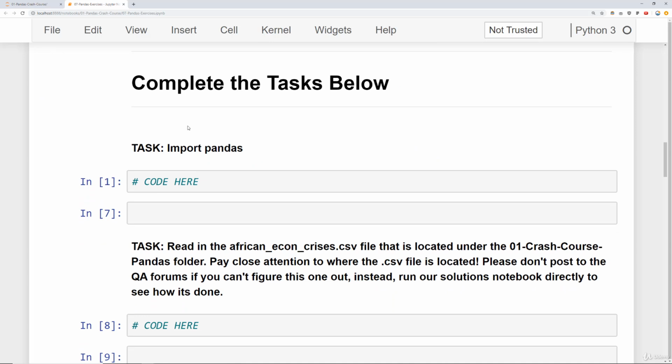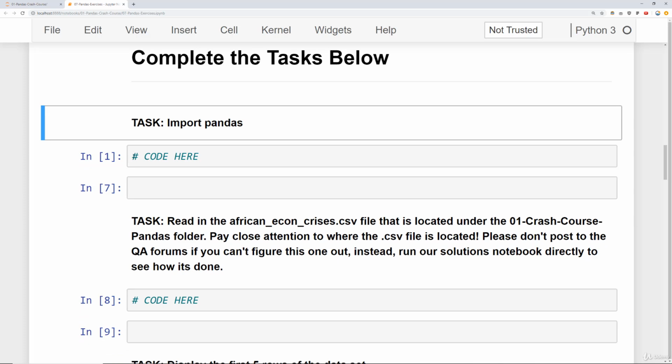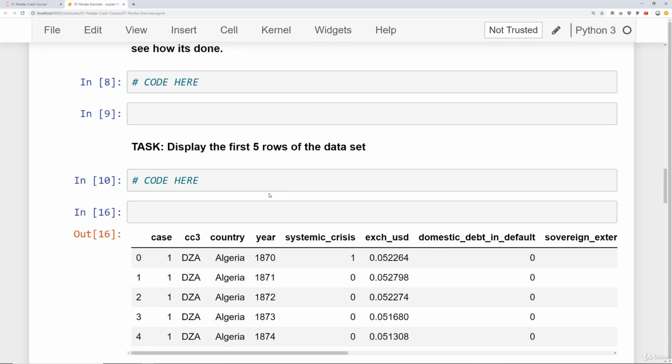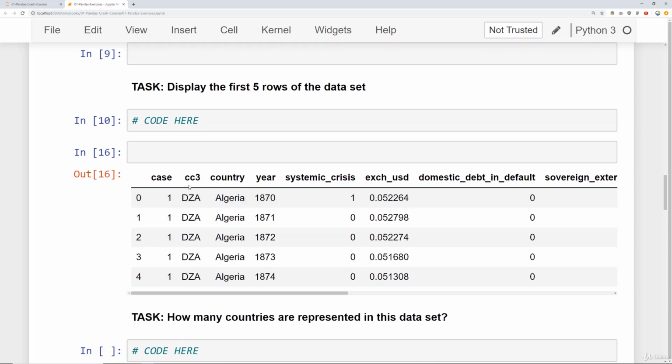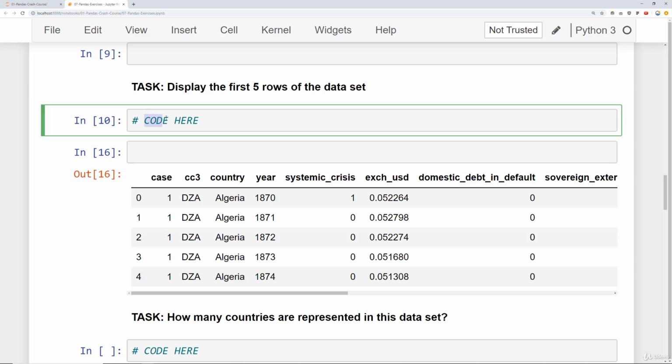What we've done here is we want you to complete the tasks below. All the tasks are in bold here, and below each task we have two cells, one that says code here and then an empty one. For many of these, you'll notice that you should see the expected result below this empty cell. So do not code in this empty cell, otherwise when you run your code you'll overwrite the expected output. Instead,